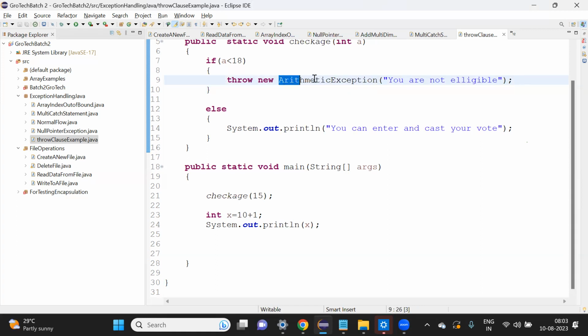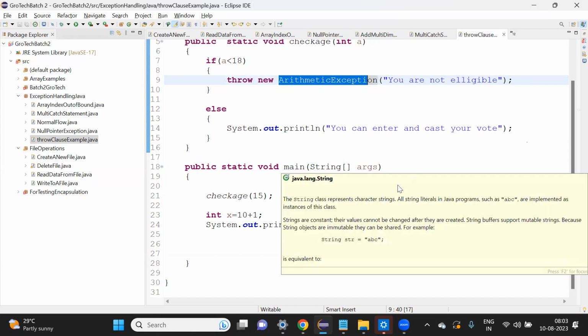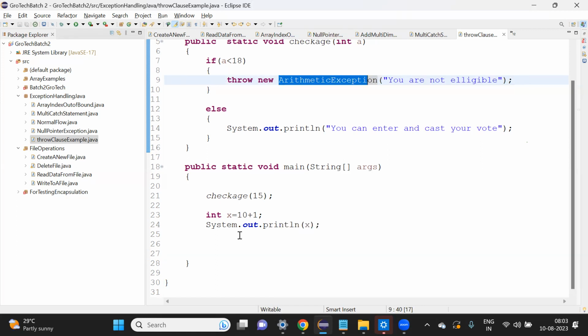Which kind of exception is this? Checked exception or unchecked exception? Which kind of exception is this one? This is an unchecked exception. So what we can say is that with the help of a throw clause, we can throw an unchecked exception. We can also throw a checked exception also. Okay, so when you are throwing a checked exception, so in that case,